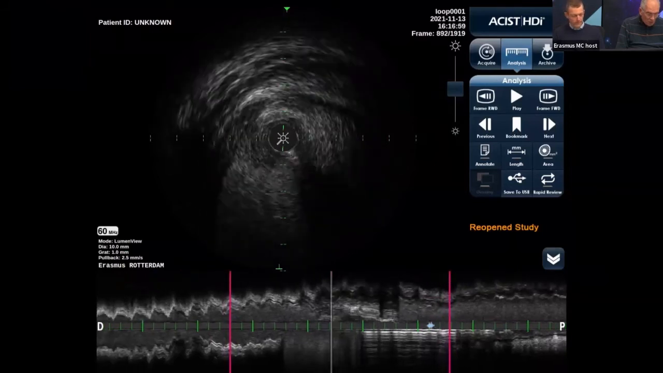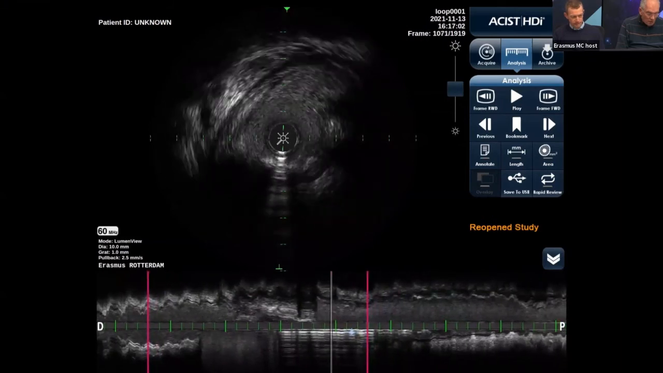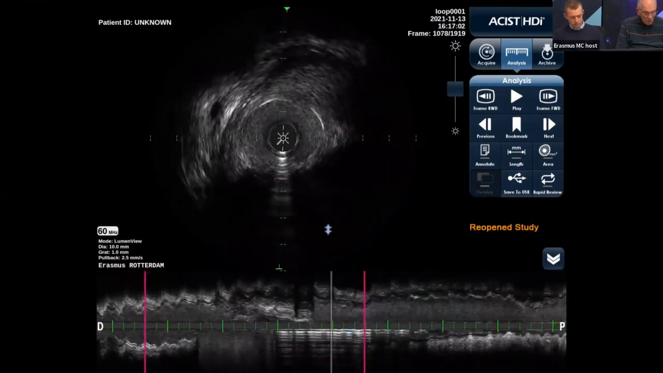I have to go back a little bit. I went too far. Yeah, here it is. Here is your plaque rupture. And if you would say, well, this subacute thrombus, yes, I do believe that, but I find it very difficult